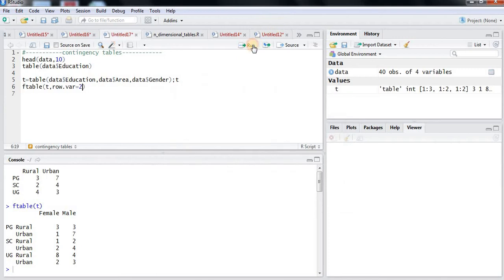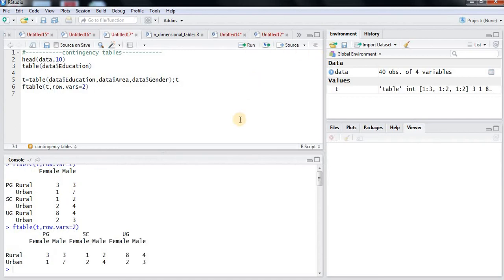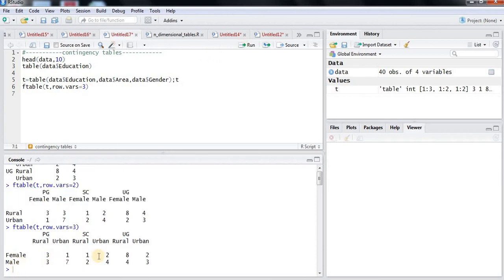So let us take the second variable in the above subset. My second variable is area, no? If we run this, we will get data as per my second variable, which is area, in row form. So rural and urban are my areas, so 2 rows are available there. If I take variable 3, the rows will be distributed gender wise. So there are male and female, the 2 rows, and the frequencies are given as per this, right?